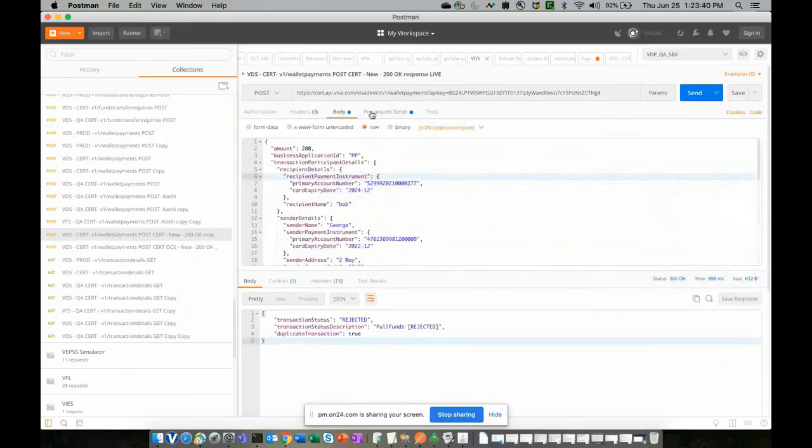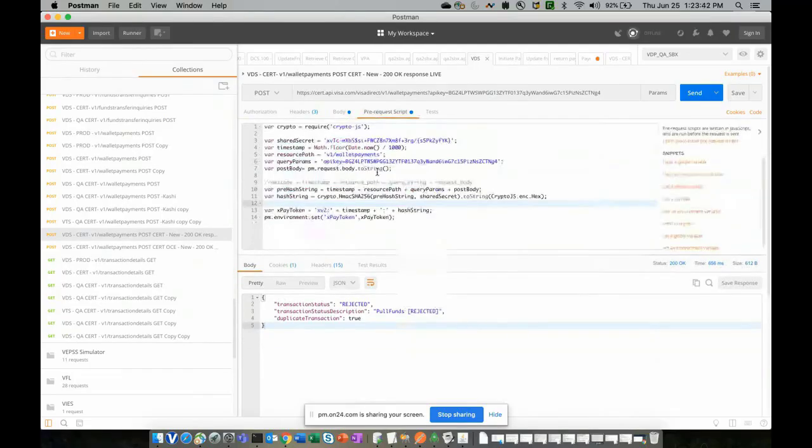Now moving on to the main part. So here is the prereq script. In Postman, a prereq script tab is typically a script which gets executed before the actual API call. So when you click on send and try to make the API call, this script will get executed, and only after that will the API call actually be made.